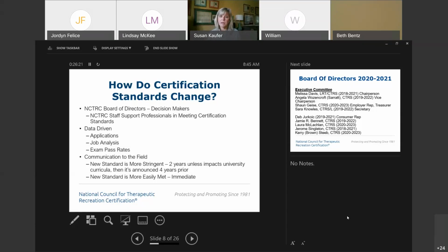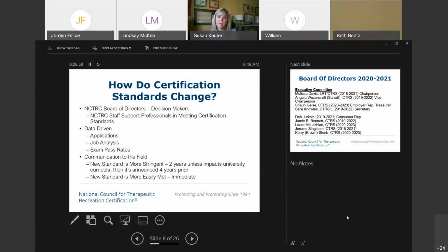We also have communication to the field. We have educators, we have certificants, we have individuals letting NCTRC know that things are changing or that we might need to have a more modern view and look at a certain piece or part of the certification standards. And it might be time to, again, have a more open mind and modern view of what might be a standard that has been in place for quite a long time.